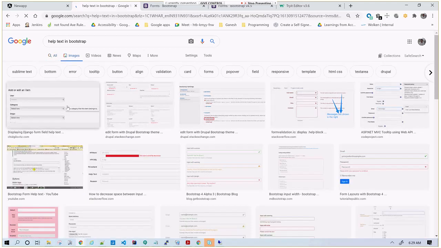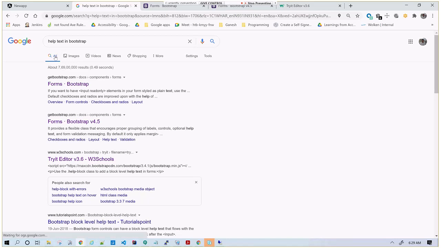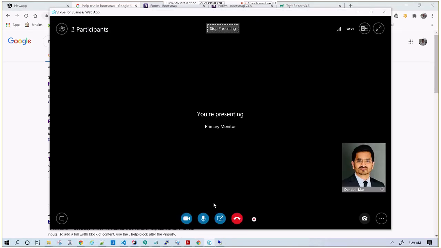Like one helper kind of thing, and that will show us without writing any code. It's not a must. You don't have to research now. What I'm trying to tell you is that there will be some help text. For example, look at this question mark. When you hover on it, you get this. That's called help text. Okay. Can I show you this one, Srinivas? Wait, give me one second. Yeah, I understand, but are we showing that on click of that helper icon or just mouse over? No, just mouse over. Okay.